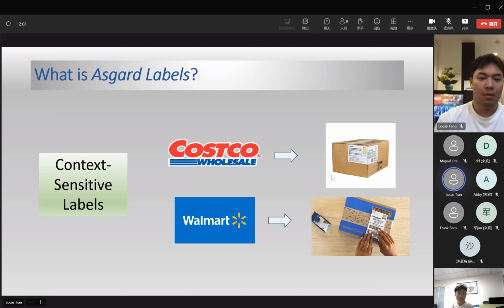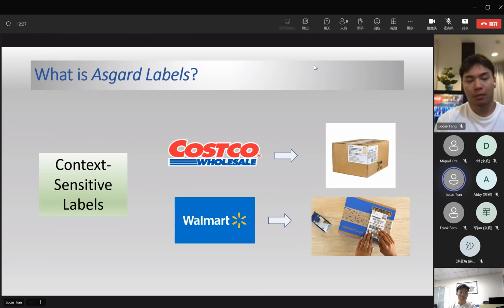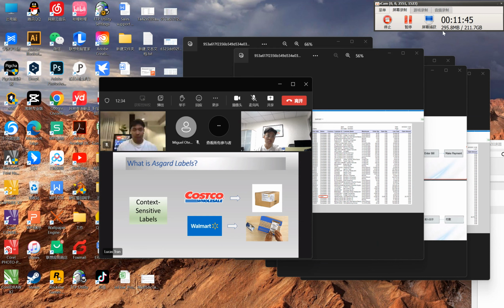So let's say you have two different shipments, one going to Costco, one going to Walmart, and each of these companies has very specific regulations for their labels, so specifications, like where the image goes or where specific barcodes go. By setting a rule for these two companies, you can filter in or out the labels for you to be able to print them. So let's say you are in the Costco shipment, you will only be allowed to